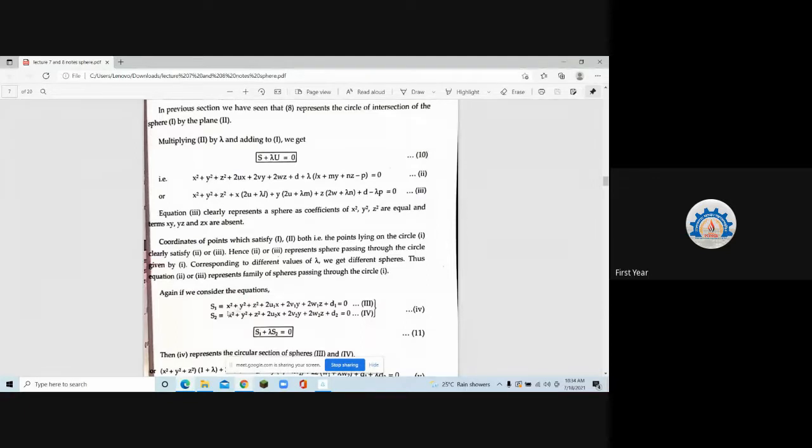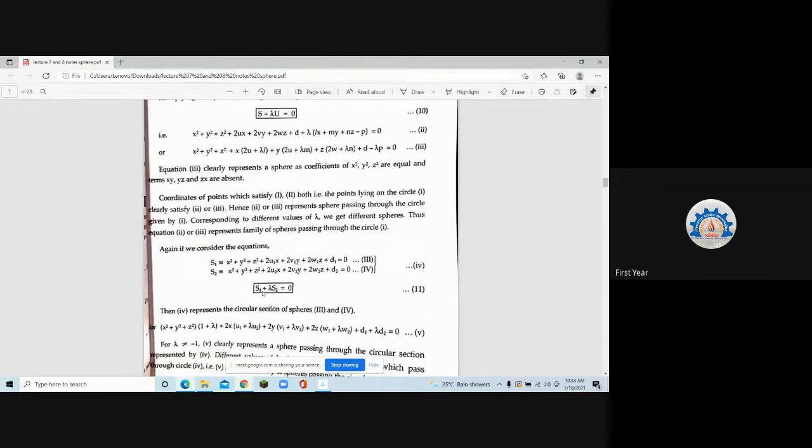Other case of getting a circle is intersection of two spheres. तो intersection of two sphere फिर से locus के फॉर्म में यही रहेगा कि S1 plus lambda S2 is equal to 0. अगर मुझे अलग कंडीशन इजी फॉर्म में नहीं दिया है and I want to find the equation of sphere passing through this circle of intersection, तो वो मैं कैसे फाइंड करूंगी? और एक वे है कि इन दोनों स्पीयर से अगर S1 minus S2 किया तो मुझे एक प्लेन मिलेगा. That plane and any one of the spheres S1 या फिर S2 will give me something like S1 plus lambda u, which is actually S1 minus S2. समझ में आ रहा है?